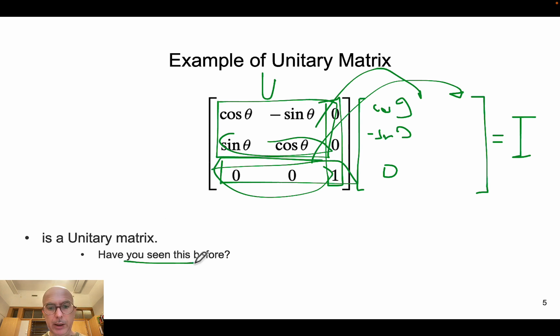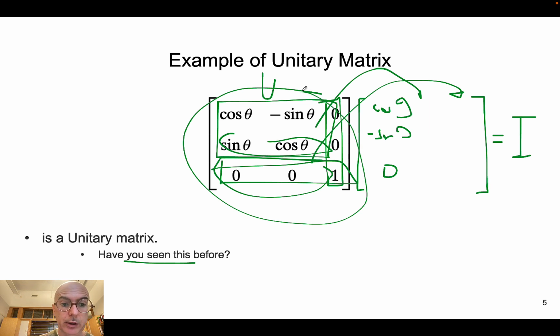Have you seen this before? Maybe if you have been working, for instance, on visualization graphics, you will see that a rotation of a vector is a unitary matrix, and this matrix represents a rotation of a given vector by an angle theta. We apply this matrix to a vector, and then we can rotate it by an angle theta. If you've done a visualization graphics course, you might have seen this matrix before. It is unitary, and that means that it can be inverted, so it's also reversible, but most importantly, it preserves the space, so it doesn't change the length of the vector